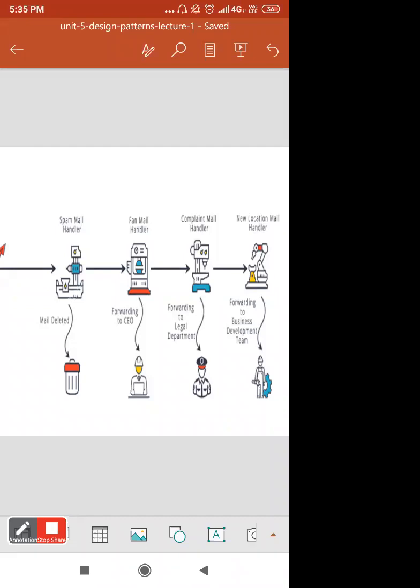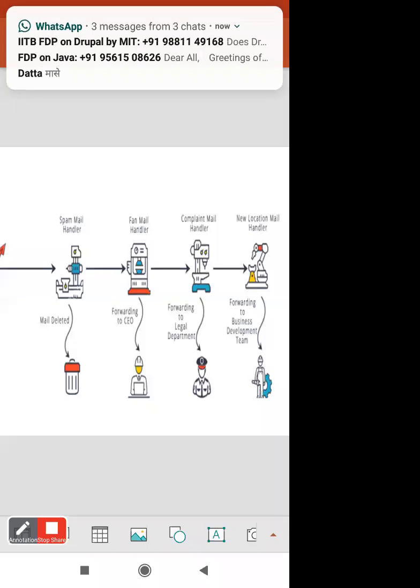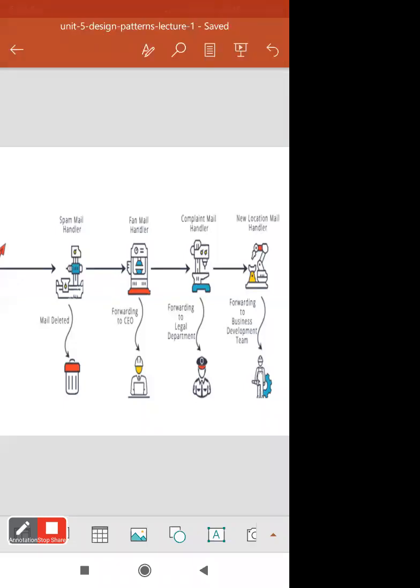That is the responsibility of the spam mail handler. If the request passes to the fan mail handler, then it forwards it to the CEO. That is the responsibility of that particular fan mail handler.